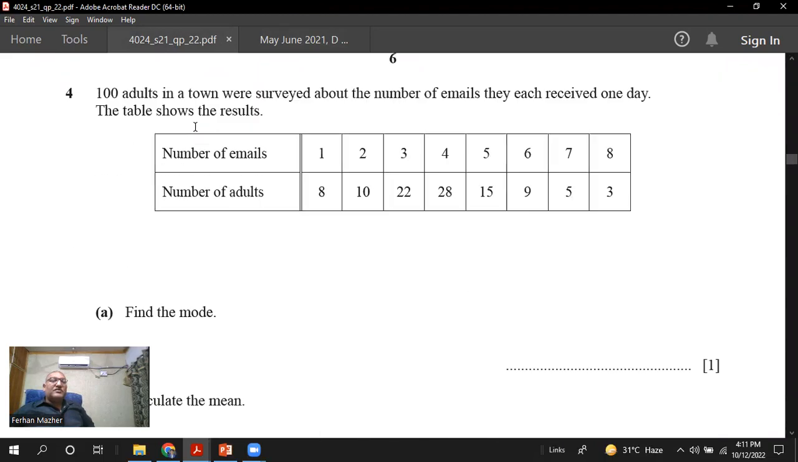So that was question number 3. Now we are going to the next question. The next question is question number 4. He says